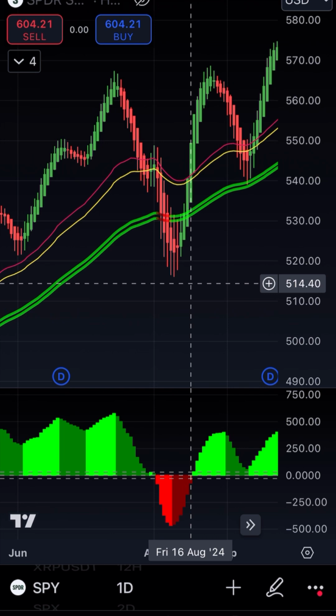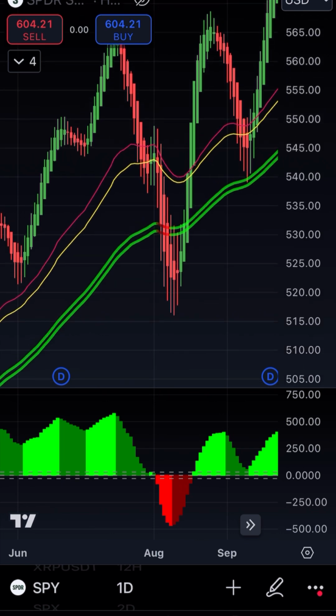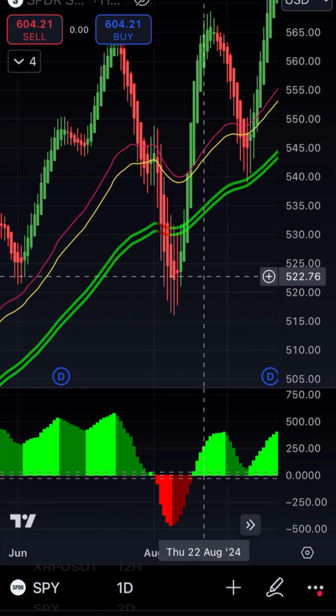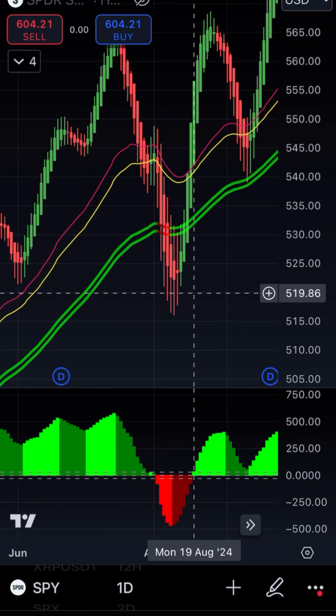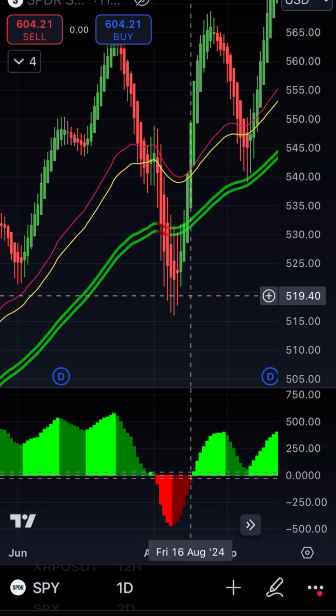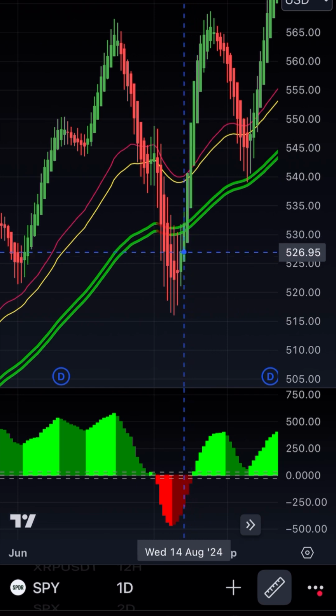It pulled back a little, and if you look up at this pullback, you'll notice that the moving averages don't cross, so you know that you're still in an uptrend. Even though it dipped a little bit here, this would actually be a good entry point for when it comes back up, but you can wait till it turns light green again, which is right about here. So if you entered right here,